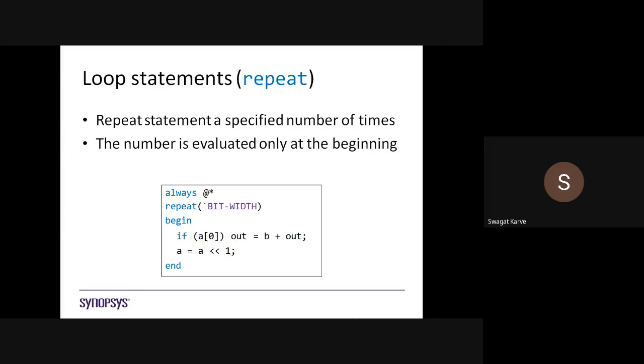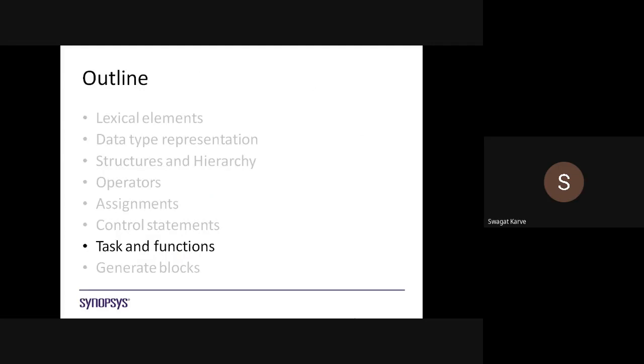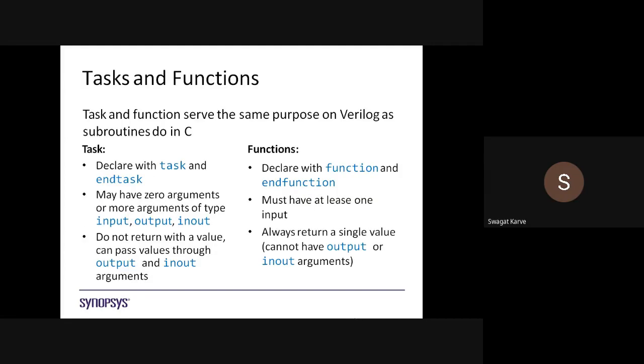Okay, or in some cases you can mention your own bit width also. So this is about the repeat statement. Now we will discuss the next part, that is tasks and functions that we use in Verilog, in the next lecture. Today we will stop here. So we have covered the different conditional statements we use in Verilog. If you have any doubt related to this part, you can ask me right now. Otherwise we will stop here and continue in the next lecture with the new point.